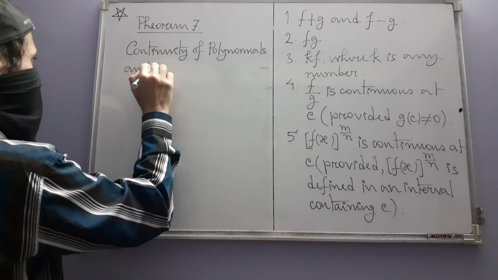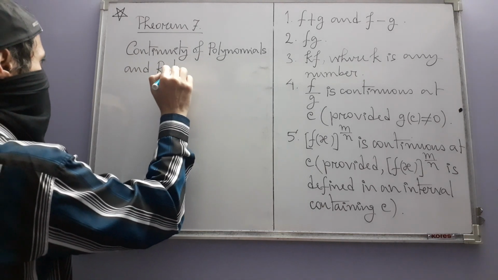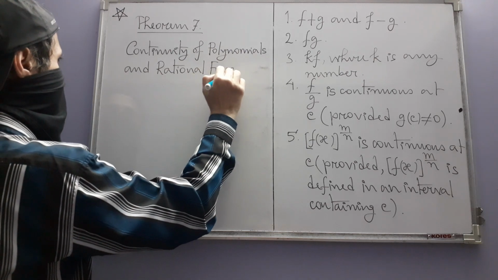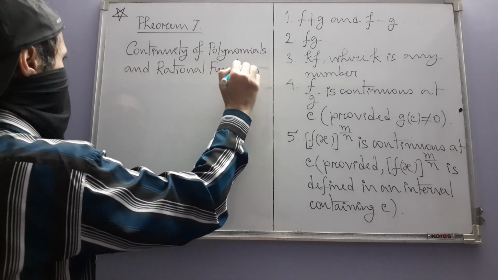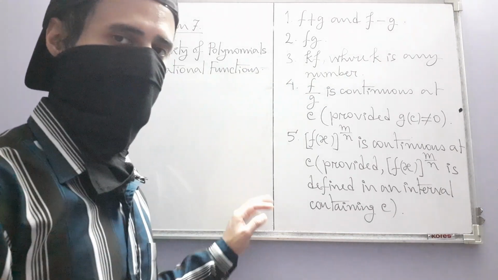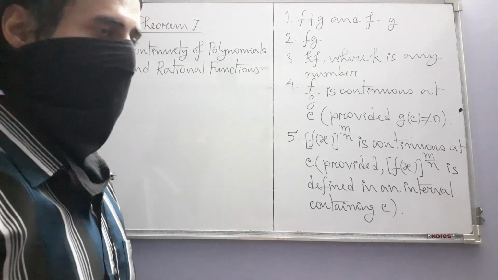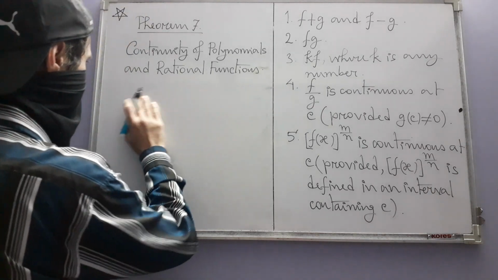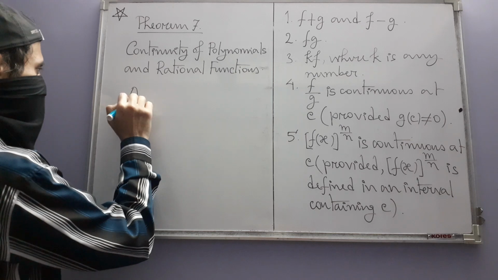We already know what polynomial means, and rational functions are quotients of polynomials. And the statement is simply this: